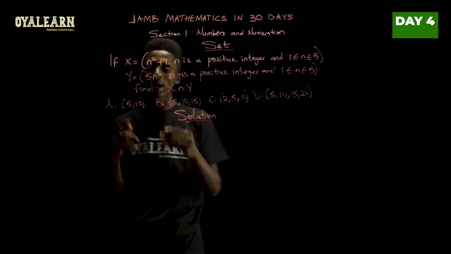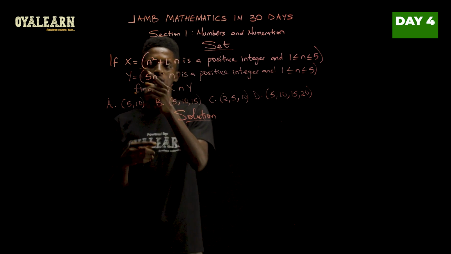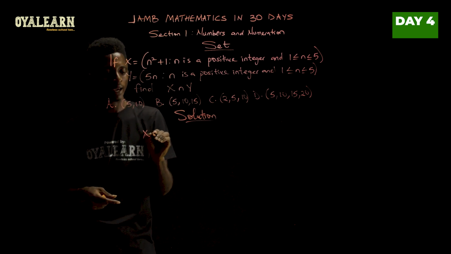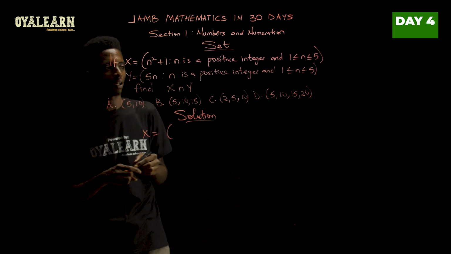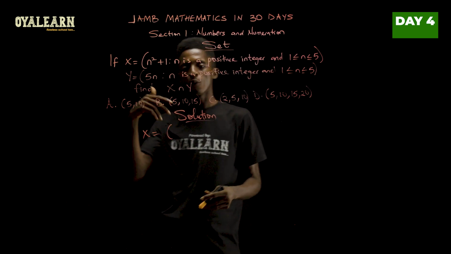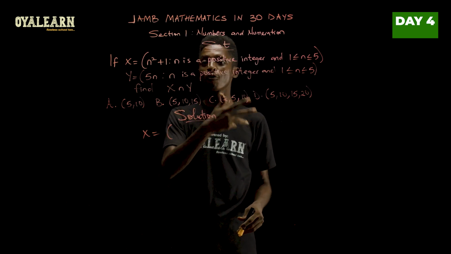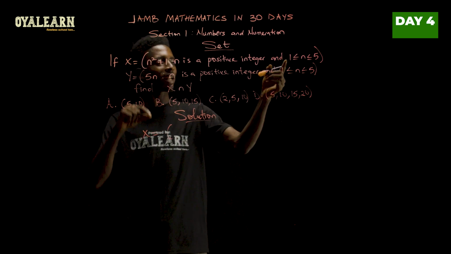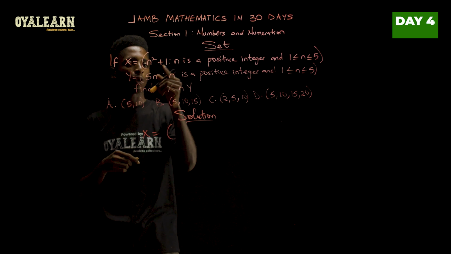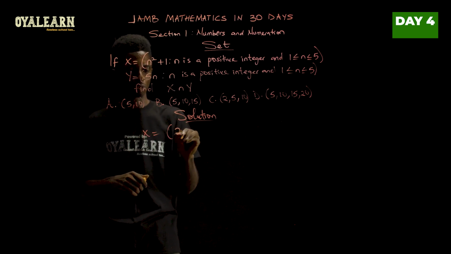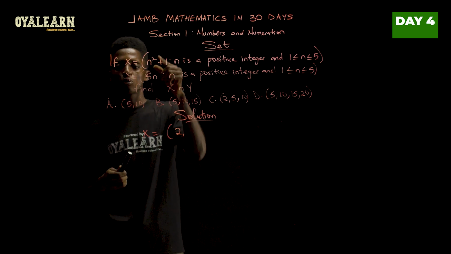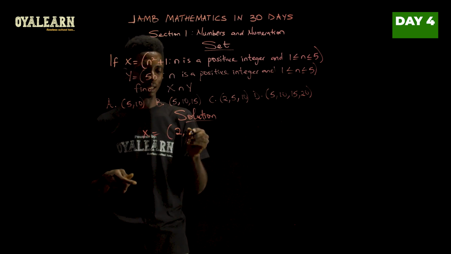Solution. Now we have to write out the subset of x and y so that we can then compare. So for x, we'll be having, now take note, remember we said n is from 1 to 5. So you do for when n is 1, 2, 3, 4, and 5. So when n is 1, we'll have 1 squared. That will give you 1, plus 1, and then we have 2. Now when n is 2, that will be 2 squared to give us 4, plus 1, and then we have